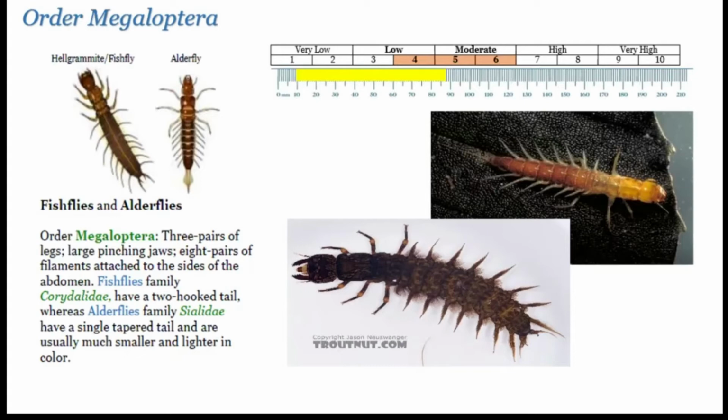These are one of the largest invertebrates you're going to collect, and people who are fisher persons like to use the hellgrammite and fish fly, especially for smallmouth bass fishing. So excellent fishing bait. And they are pretty big also. The adult version of these are even cooler looking. Their wings are huge, their claws are huge, but they can't bite. They just kind of climb out of the water and sit there until they perish, which is not very long.